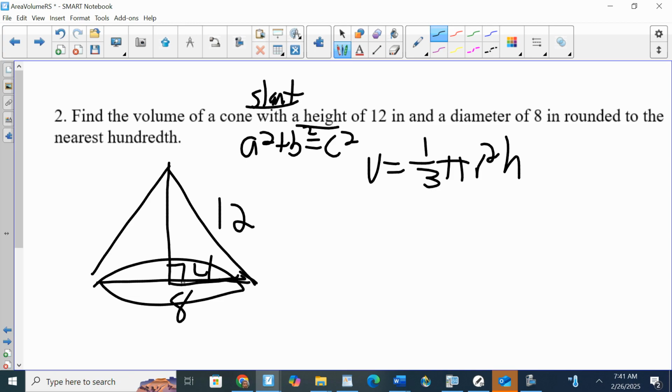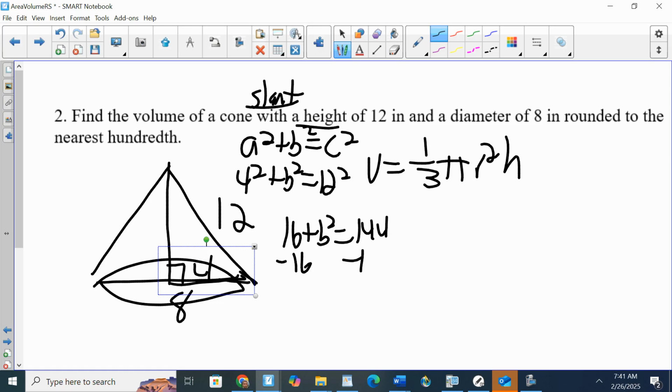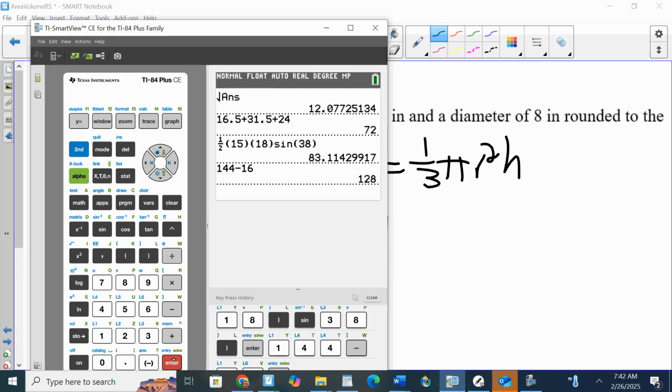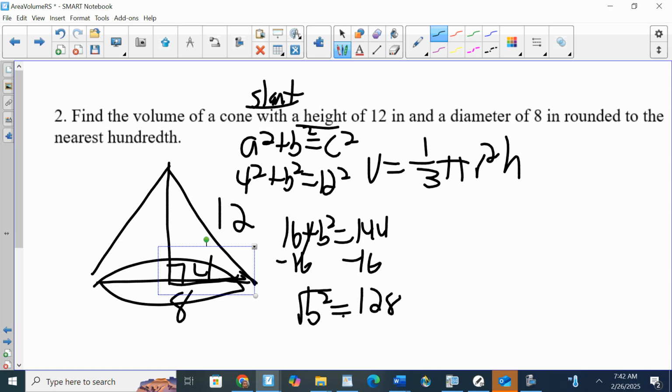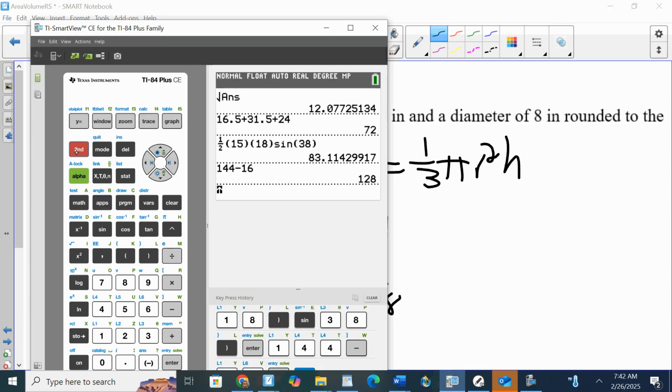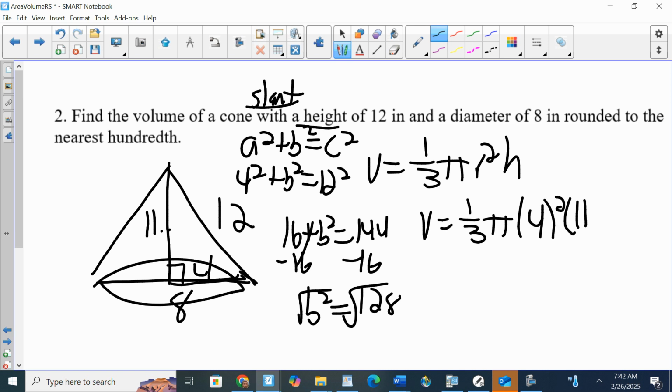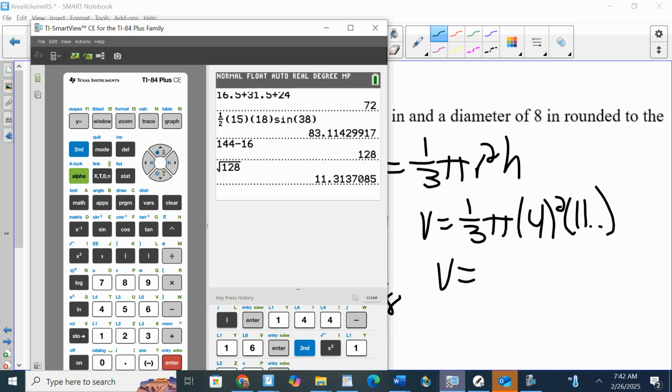This is half of the diameter, which is 4, so it's 4 squared plus b squared equals 12 squared. 16 plus b squared equals 144, minus 16 minus 16, b squared equals 144 minus 16, 128, square root, radical 128, it's 11 dot dot dot, so 1/3 pi, the radius is 4 squared, the height is 11 dot dot dot, it equals